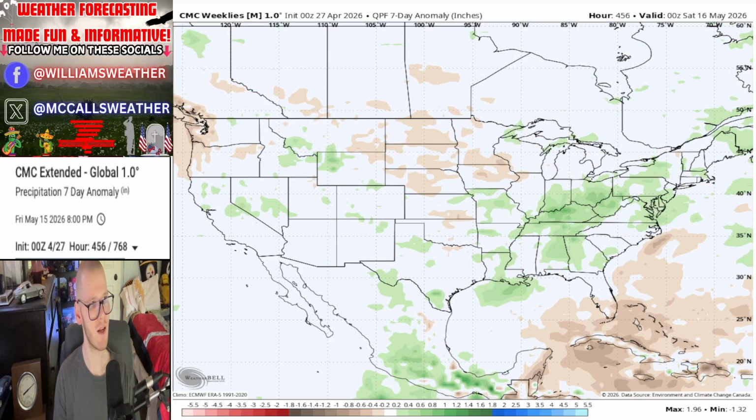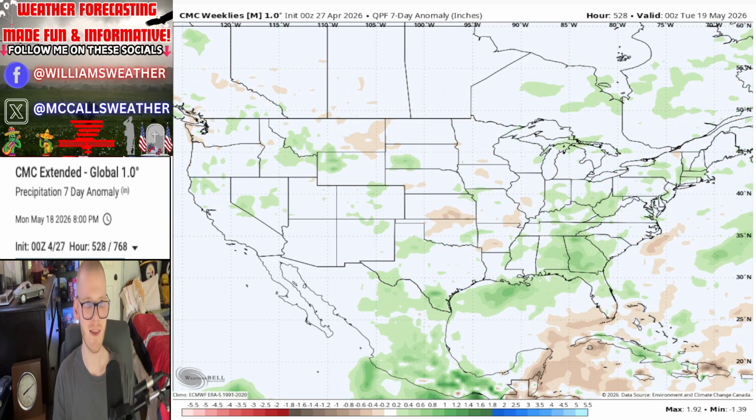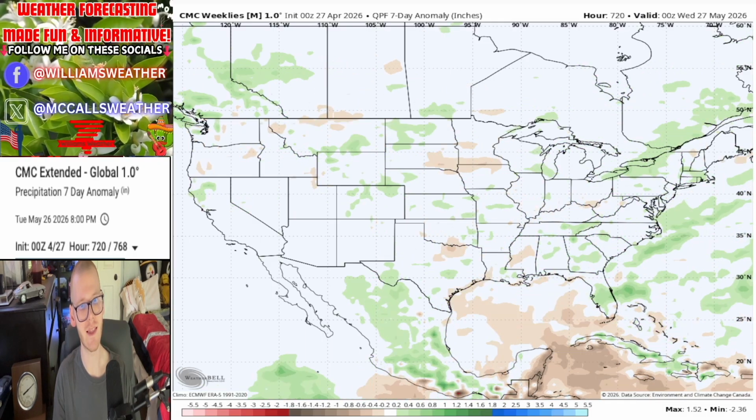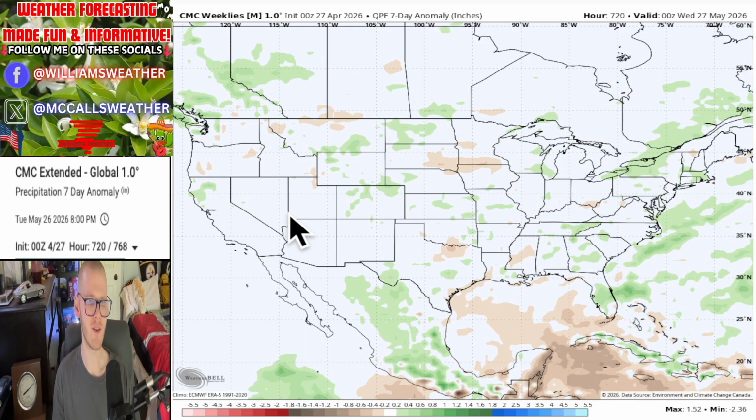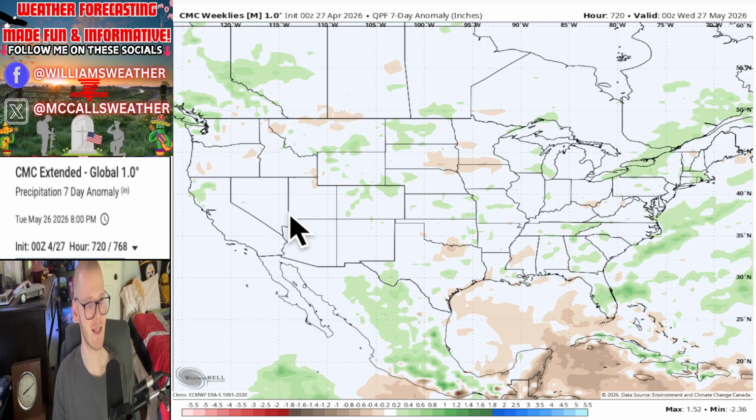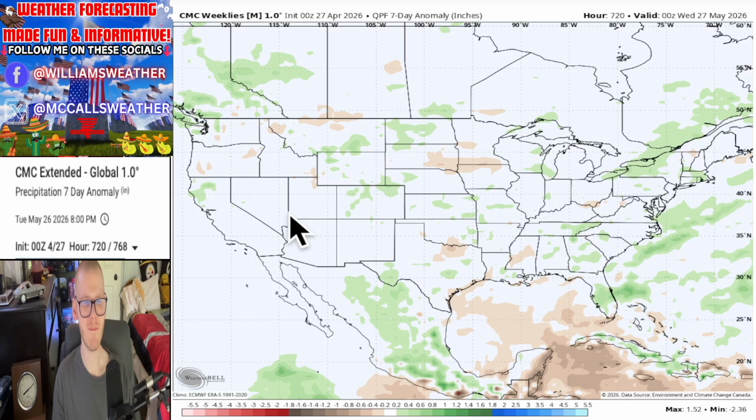Head off into the middle of the month, let's say the 18th time frame. This is sort of leaning towards the end of the month, but the middle of the month, it's looking like this one's really different between all of the models, as it's looking like the eastern part of the country is going to be leaning above average. Really much of the country is going to be either above average or to be determined. Heading to the end of the month, really up in the air and to be determined. This one's more in alignment here at the end of the month with the GEFS and Euro Weeklies. So basically, I'm thinking really it's to be determined here in the middle and end of the month.